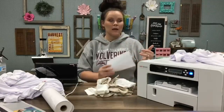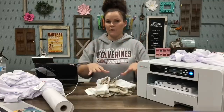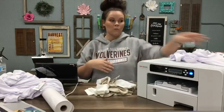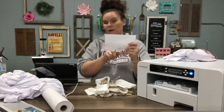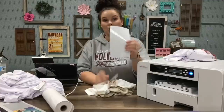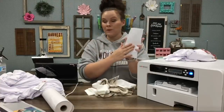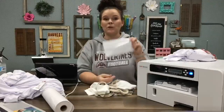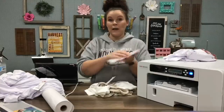And then there is a printable vinyl that you can print it onto, and it self-weeds itself, and it's like vinyl, so it'll have the feel of vinyl, where this just feels like fabric. And then you can also print it on HTV glitter, white glitter. You'll just have the glittery background and it will stay on this. So you would put this on the shirt first, because glitter can handle the heat. So you would put this on the shirt first, then you would put your design, which I do want to